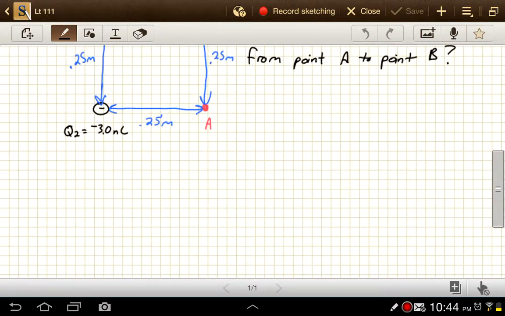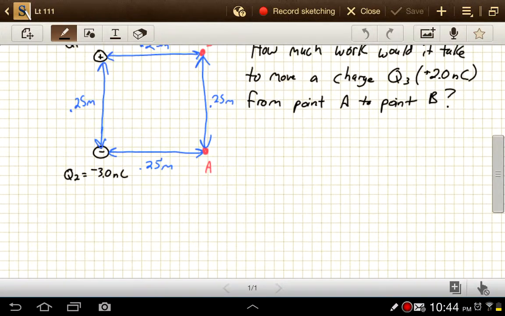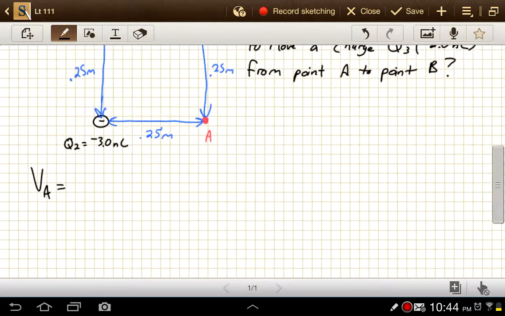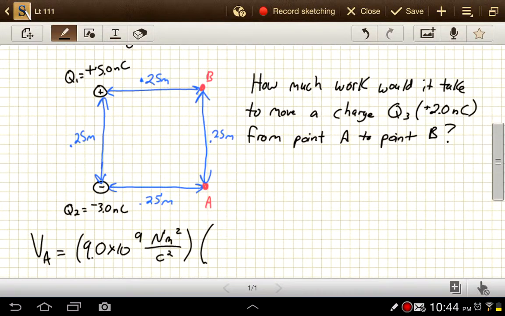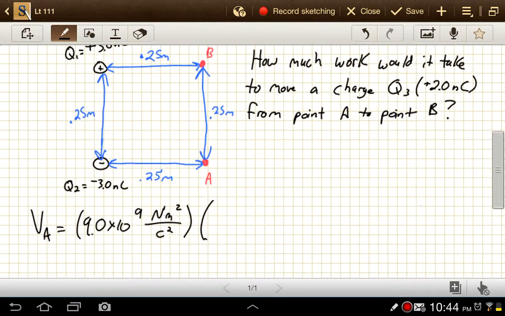So, the electric potential at point A is equal to 1 over 4 pi epsilon naught, and that's got a value of 9.0 times 10 to the 9th, and the units on that are newton meters squared per coulomb squared, times, and now we're going to add up the charge over the distance for each of these two charges to point A. So this one we've got a charge of negative 3.0 nanocoulombs, that's times 10 to the negative 9th coulombs,